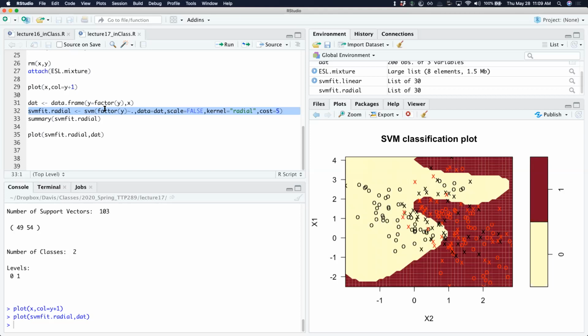The support vector, or the number of support vectors, again, you can think of the support vector as the sort of point that's propping up the boundary. So it's really hard to tell in this case what that is, but